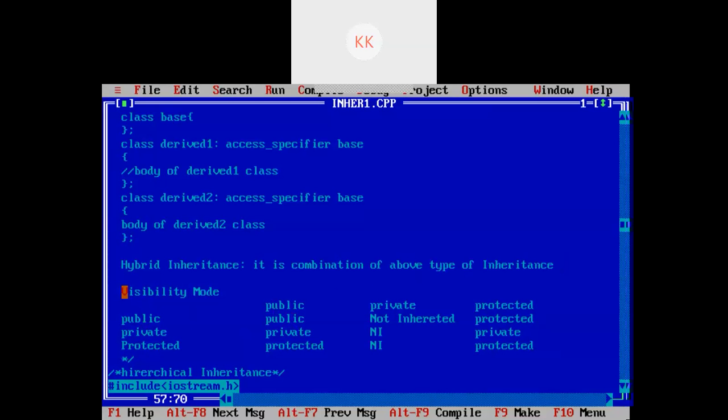Then we have visibility modes. Visibility modes are public, private, and protected. If a data member is defined as public and you are using visibility mode as public, then the data will be treated as public in the derived class. Private data you are not able to inherit, right? And if you are using visibility mode as public, then the protected data will be protected in the derived class.